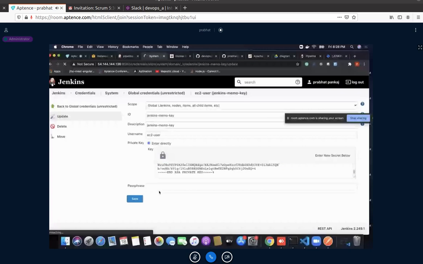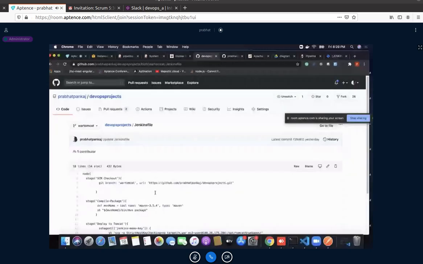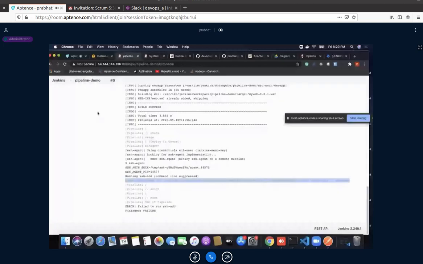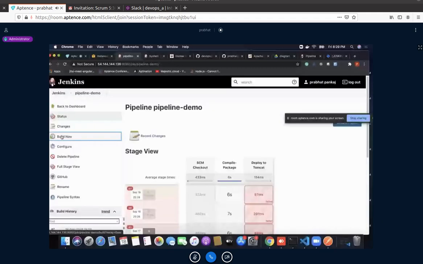Jenkins demo keys. Okay, let me connect this one and see why it is not connecting.